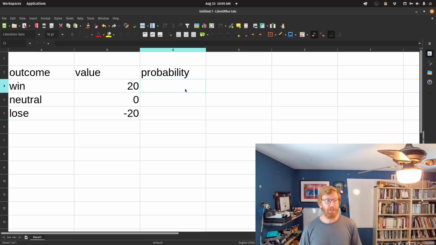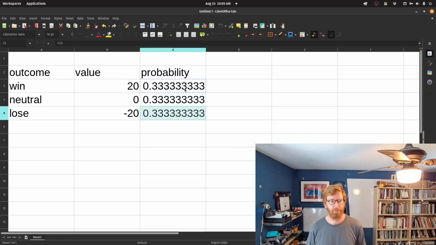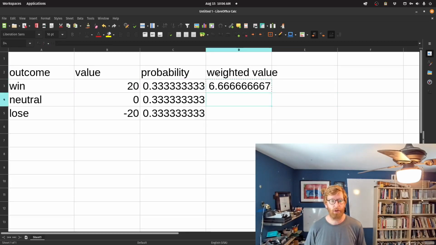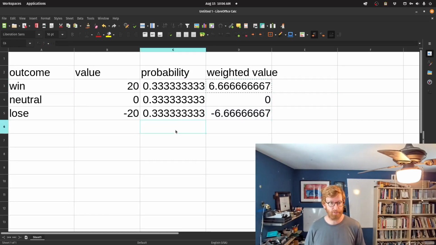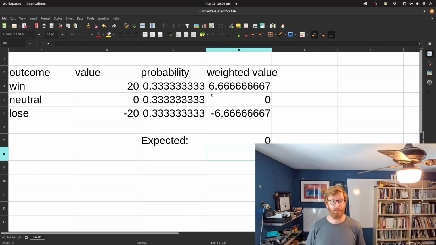And we need some probabilities for this. So if there is, let's say, a 1/3 chance of each, then we can say our weighted value is going to be that probability times that value. Do that for each of these. And then we're going to have our expected value, which is the sum of those weighted possible outcomes, right? So the value of the outcome weighted by the probability gives us the contribution to our expected value. And in this case, since everything is evenly balanced, our expected value is